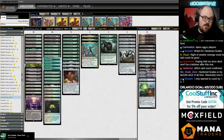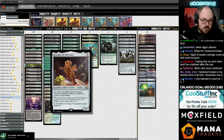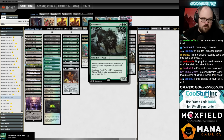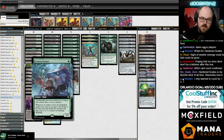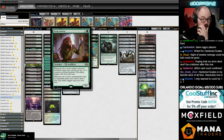So there's a food engine and a scales engine. The scales engine is Hardened Scales, obviously. Sir Ginger works both ways. It works when you sacrifice food, and it also works with the scales stuff because it gets counters. Wicked Wolf gets a counter, good with scales, and then you have stuff like Teething Wurmlet, also good with scales, gets a counter. And the thing that ties the entire room together is another new card, Elvish